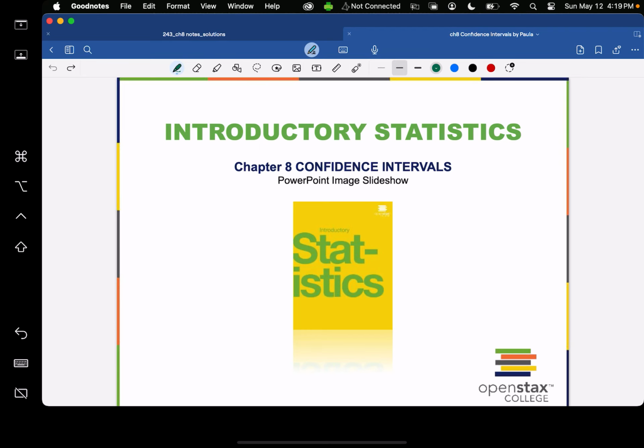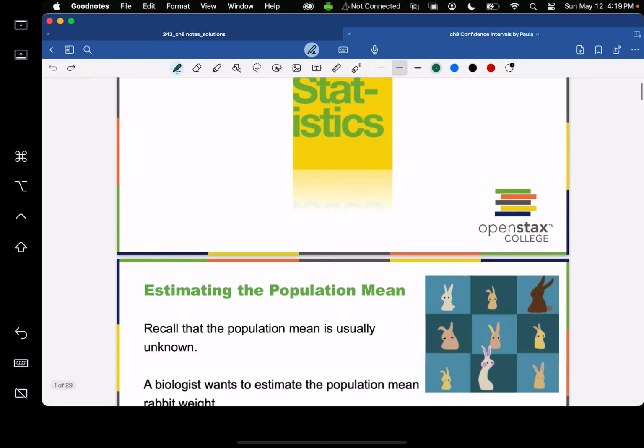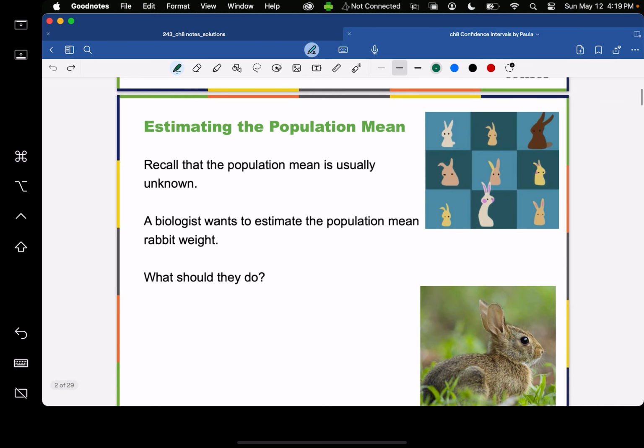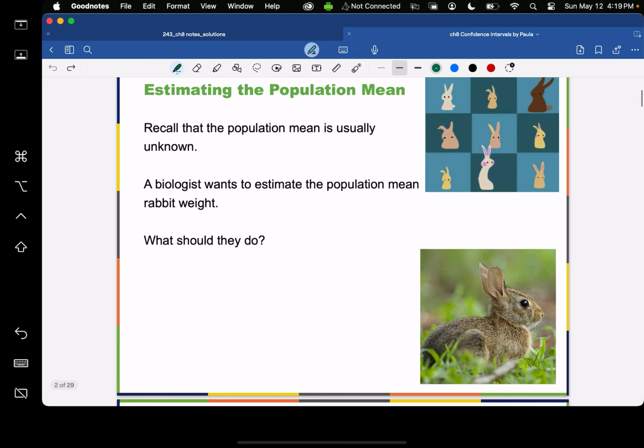So what is a confidence interval? We create confidence intervals in order to estimate something that we don't know. We don't know the population mean. So the confidence interval is this process where we say we are pretty confident that the population mean is between this number and this number. So there's an element of uncertainty, but we can be 90% or 95% confident that we have a location for